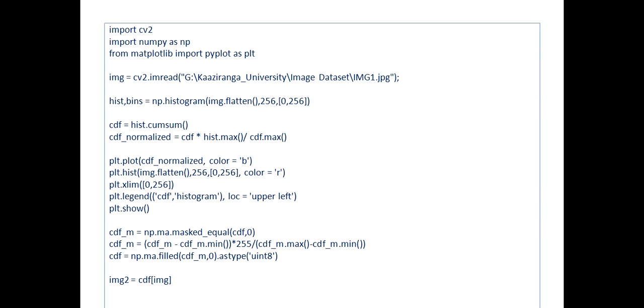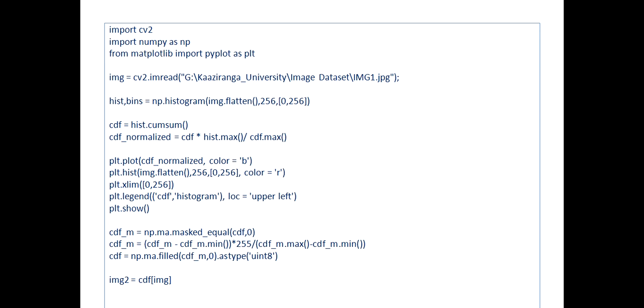Now, import cv2. Why am I using that? Because we are working in OpenCV. Then import numpy as np, because this is actually numpy which is performing the main part here, because we are performing the histogram equalization without using any histogram equalization function.